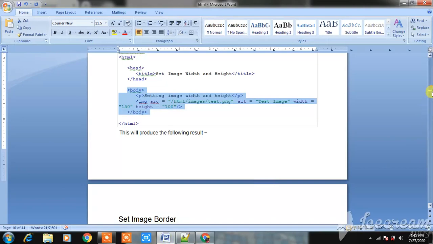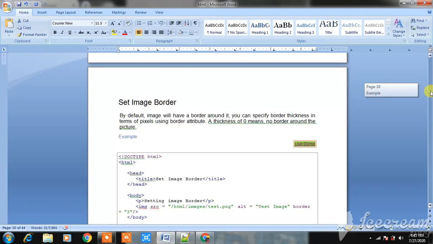Next is set image border. How can you set a border on your image? By default, images will have a border around them. You can specify border thickness in terms of pixels using the border attribute. Which attribute? The border attribute. A thickness of 0 means no border around the picture, and whenever you give some border, you have to give it in pixels.